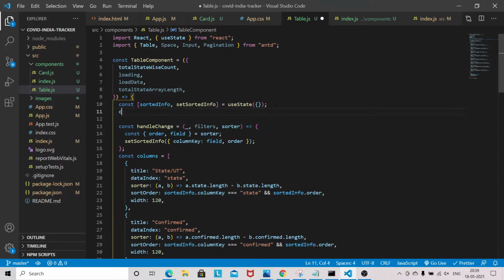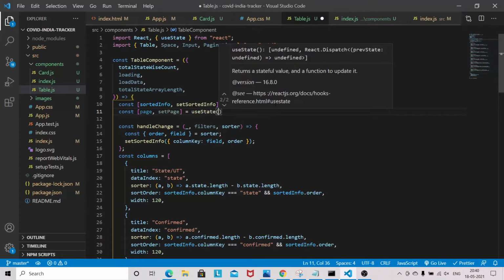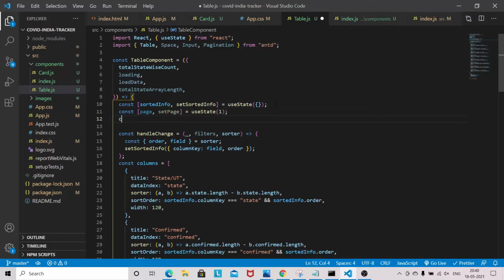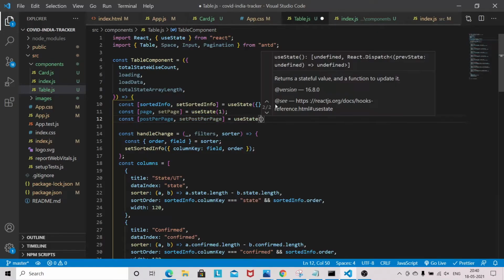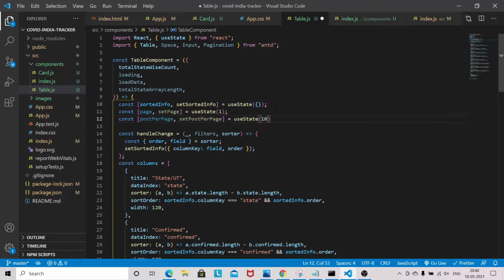So I'll be using page, setPage, useState and postPerPage, setPostPerPage, useState. By default I will be displaying some data per page.